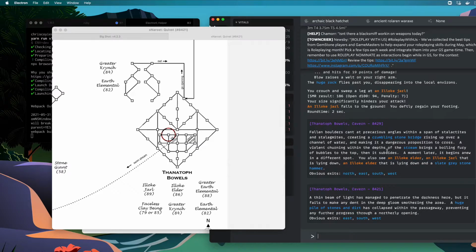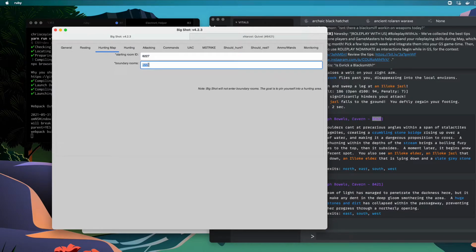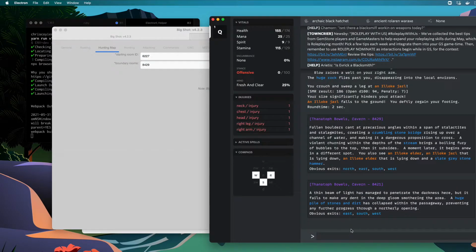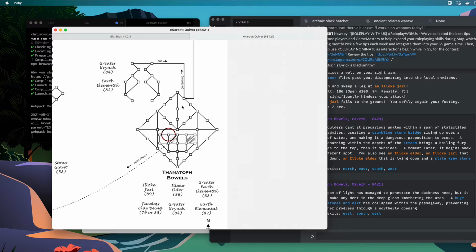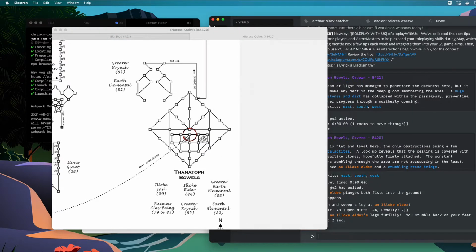What was that room, though? 8429. I'm going to say just don't even go to that room. Consider it a boundary room. And what else should be a boundary room? Anywhere where you could leave it. So actually, I don't really care. You could go look around in here. I'm just going to say just that one room. Don't ever go there. And just this room, 8420, Sweep Elder,